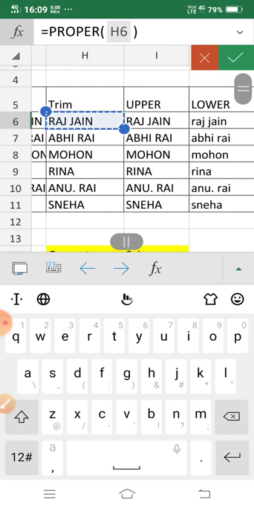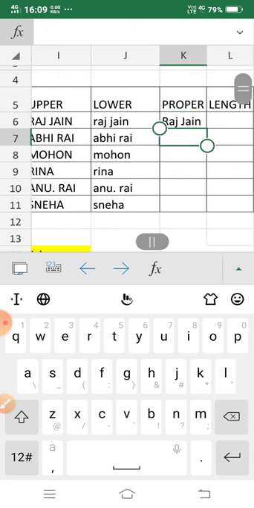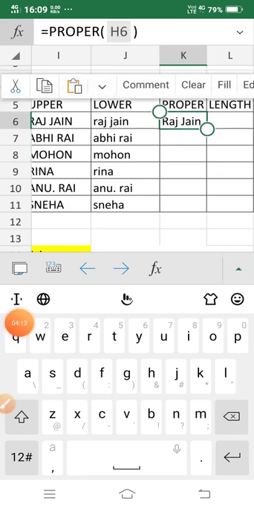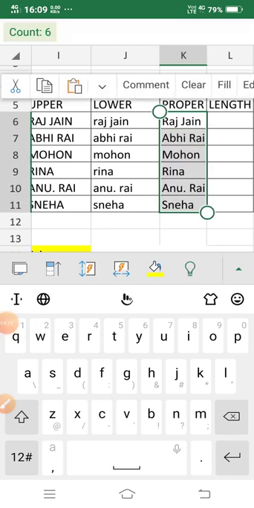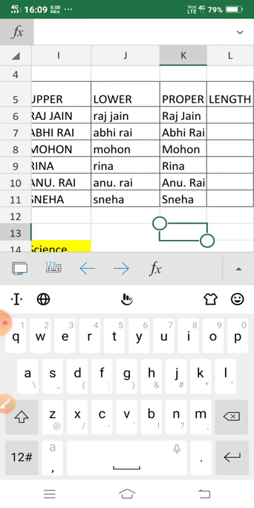This is my text, then enter. See, the first alphabet is given as a capital letter. Then I drag it down. See here, Avi, Rai. Rai is a different word, and this will also have its first alphabet as a capital letter.